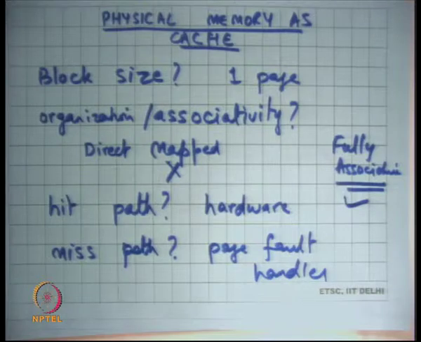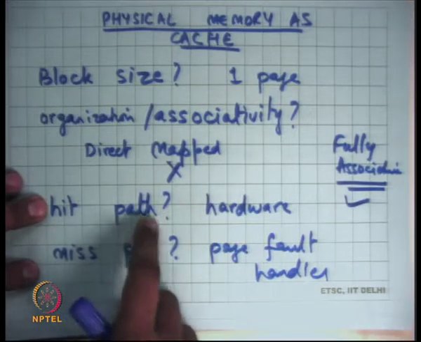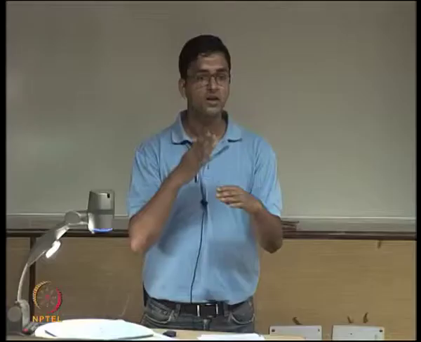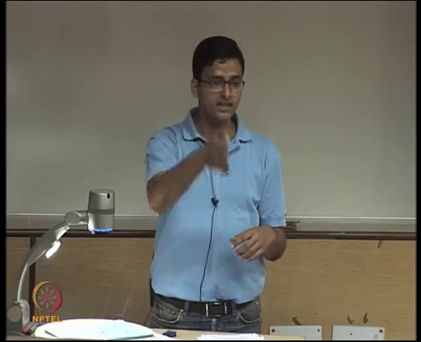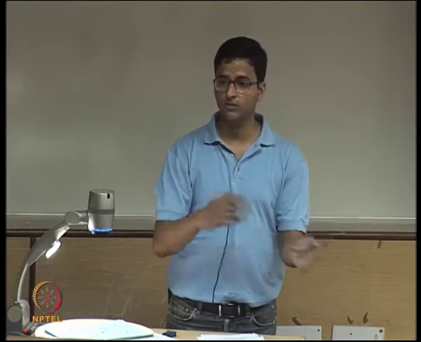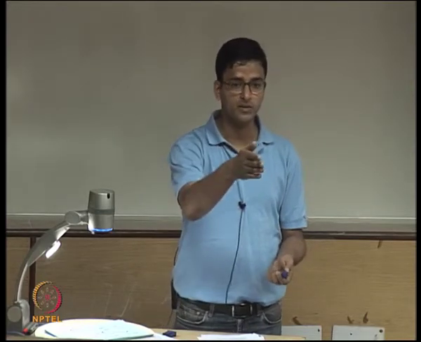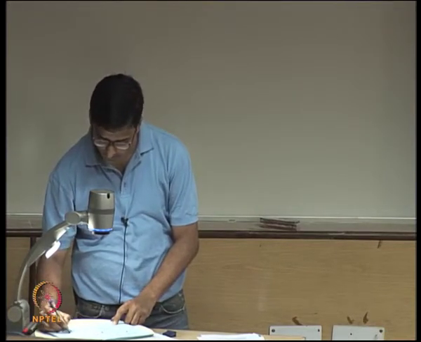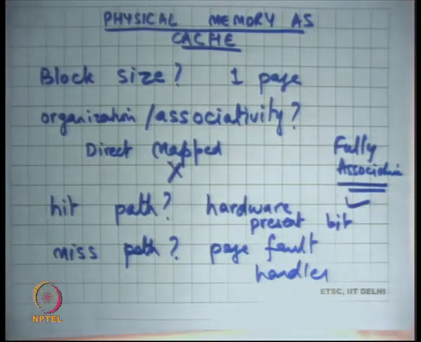Now, in the hit path, the hardware should also tell whether it was a hit or a miss, right? So the hardware is telling whether it's a hit or a miss using what? Using the page fault. And how does it know whether it needs to generate the page fault? By looking at the present bit in the page table entry. You need a fast way of figuring out whether it's a hit or a miss, and the fast way is basically for the software to set the present bit and the hardware to read the present bit. So the present bit in the page table entry helps you figure out whether it's a hit or a miss, and you need to do it fast, so it's happening in hardware.